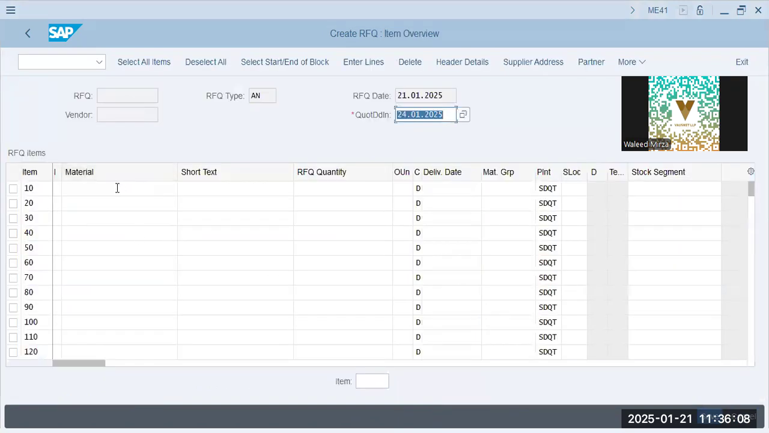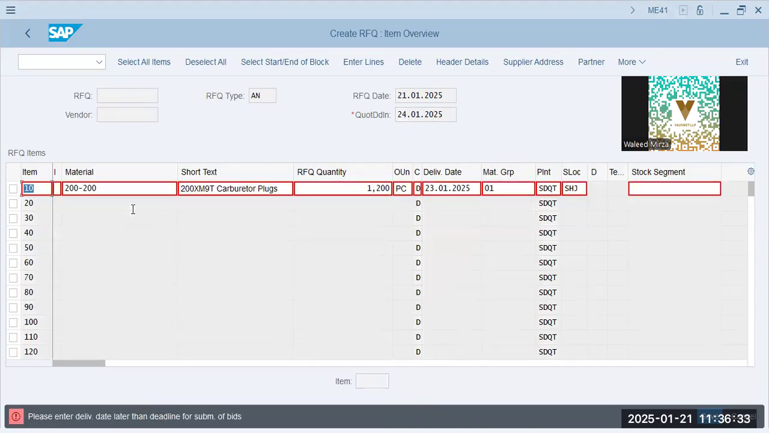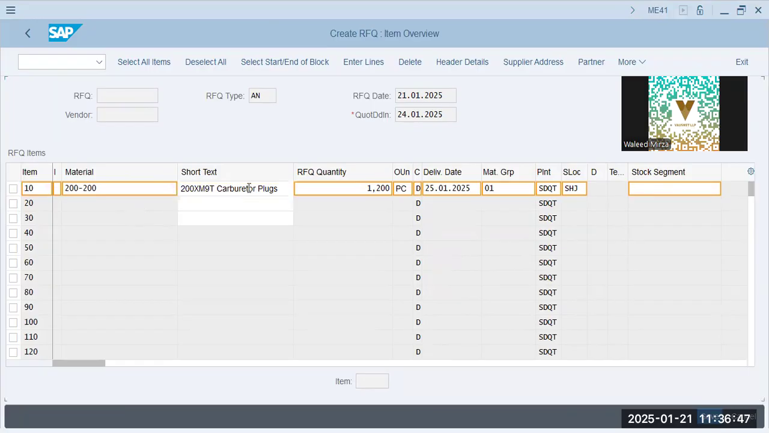Okay, item. Now this is where we enter our item, that is 200, 200, and the RFQ quantity that we want is, let's say, 1200. Delivery date will be 23rd 01 2025. Location. Oh, okay. 25 01 2025. And of course, we'll float this